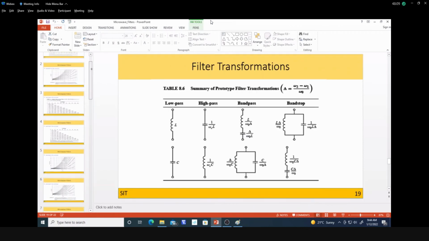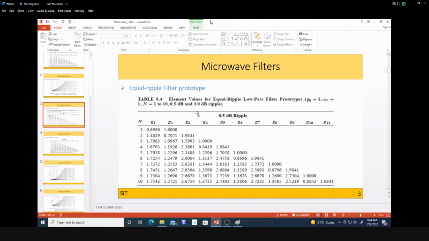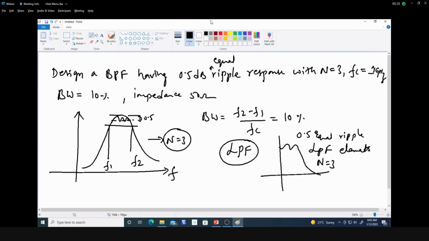Now we can see here the 0.5 dB ripple. So this is a 0.5 dB ripple filter prototype, and the low pass filter having n equal to 3, these values. So we have 1.5963, 1.0967, and 1.5963, and this load value it is normalized, always it is equal to 1. Now this is there. So these filter values we have to take. Okay. So now if I take that filter values,